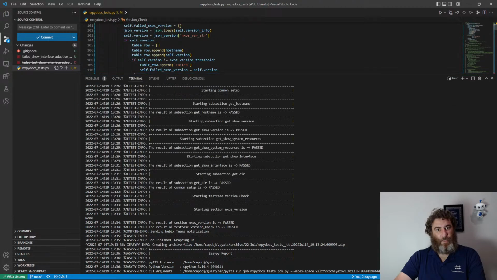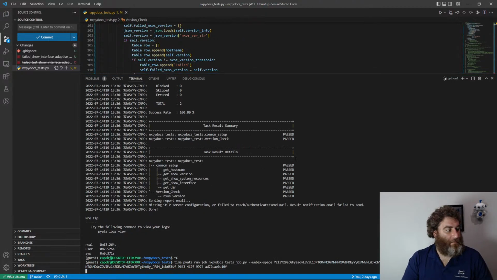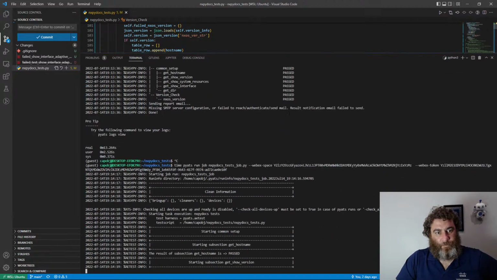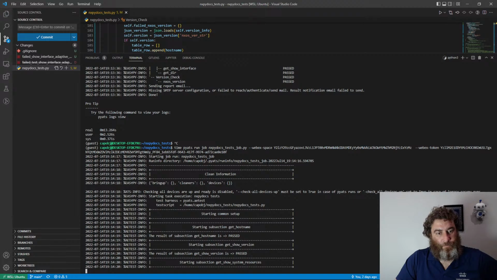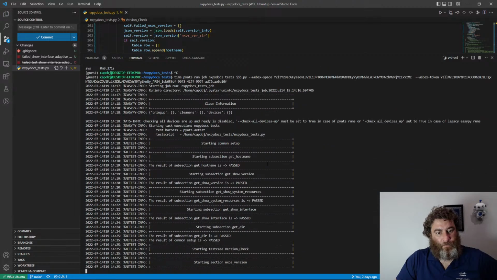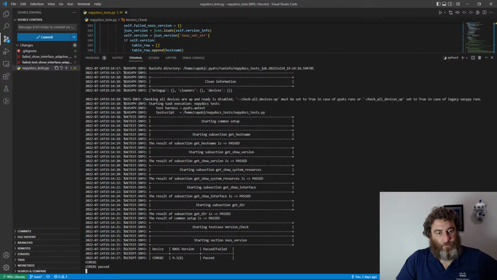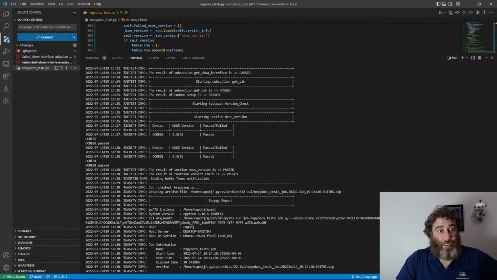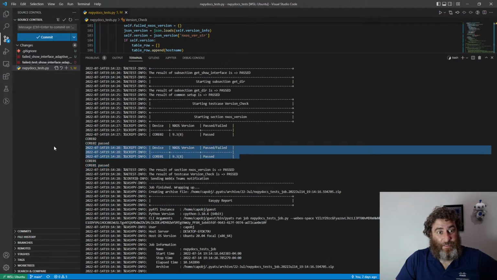Let's see if I can figure out how to get around this. Okay, right? Like, I can print that they passed and they passed and I get the nice tables for each,